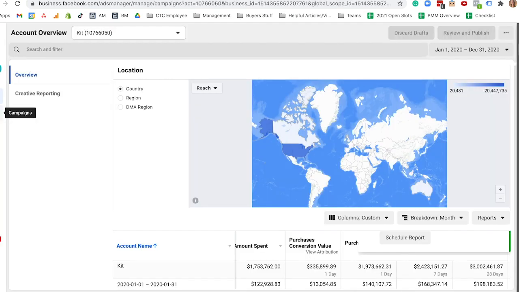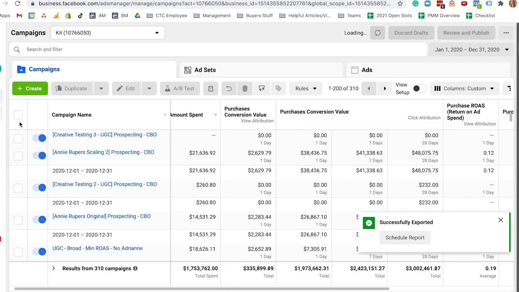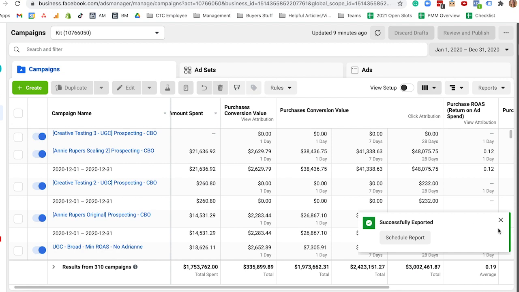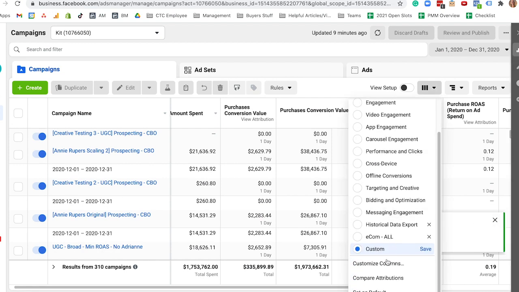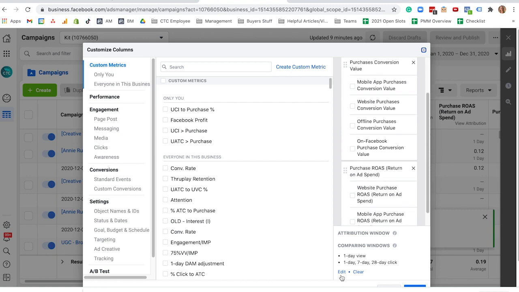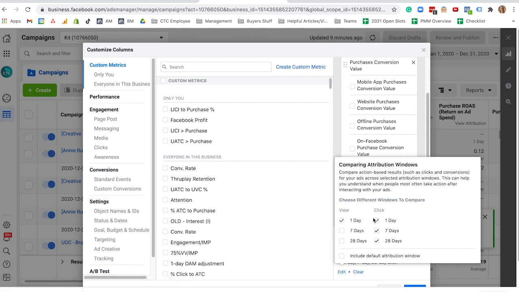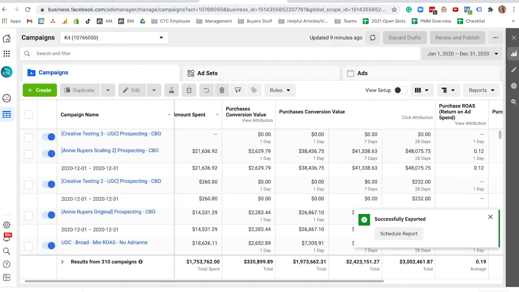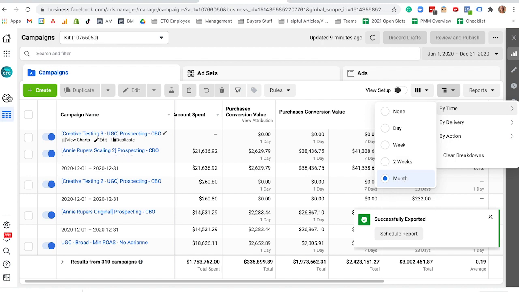So to grab this, the first thing you'll do is go into Ads Manager, and we're going to customize our columns. I'll show you exactly how to do that. All we want is purchase conversion value, purchase ROAS, and amount spent in this order. And then for your comparing windows, you want your 1-day view, 1-day click, 7-day click, 28-day click, and then you want to deselect this default attribution window. We'll apply. From there, we are going to do a breakdown by month,